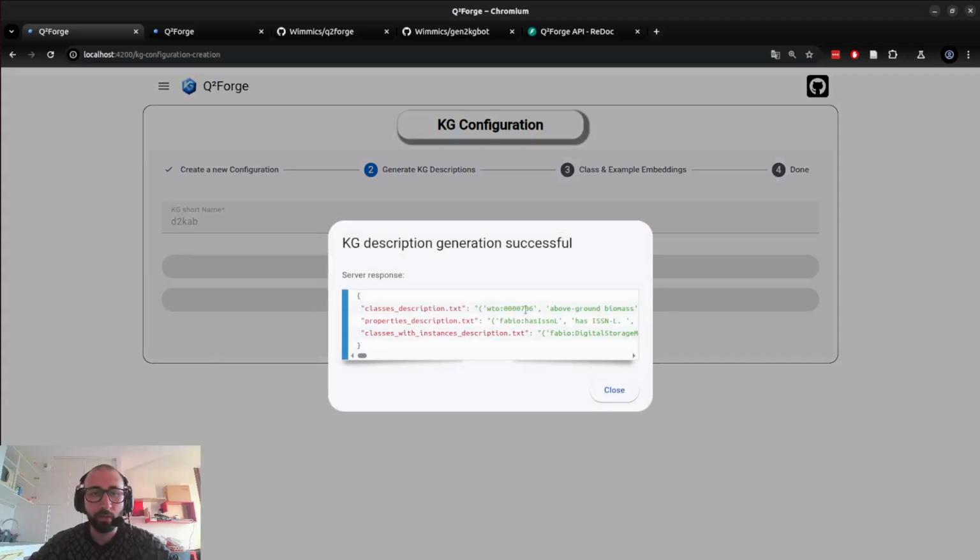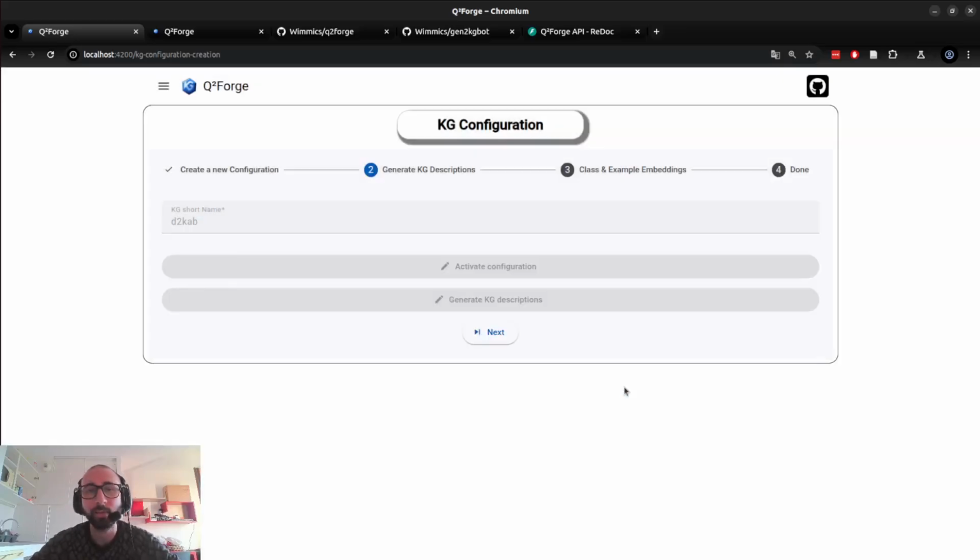So for instance, here we are describing the used classes with the label and description, and the properties, and we're doing some sampling to see how the classes and properties are used by the instances in the KG. This is used in RAG systems in different scenarios. So retrieval augmented generation. We will do some RAG given those descriptions to aid the LLM to generate better